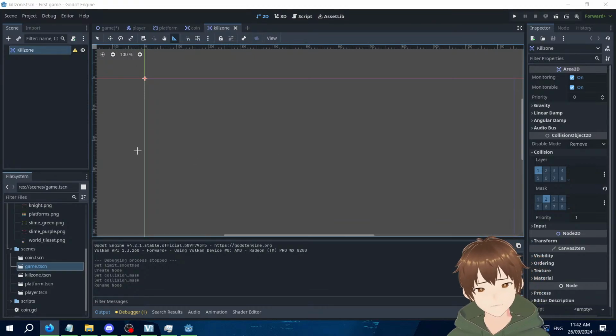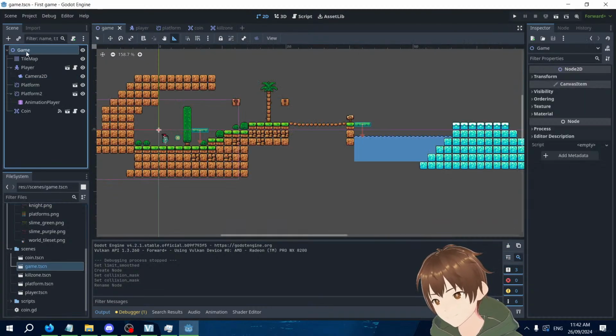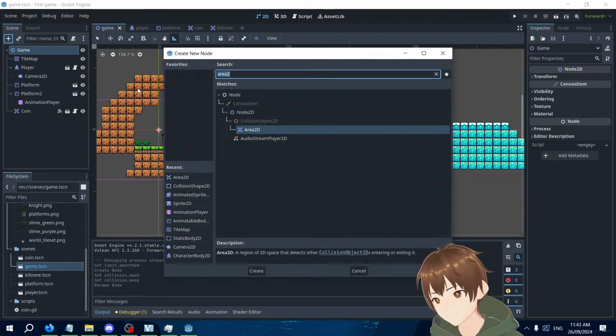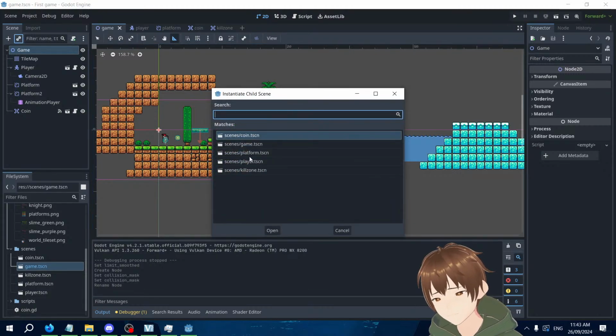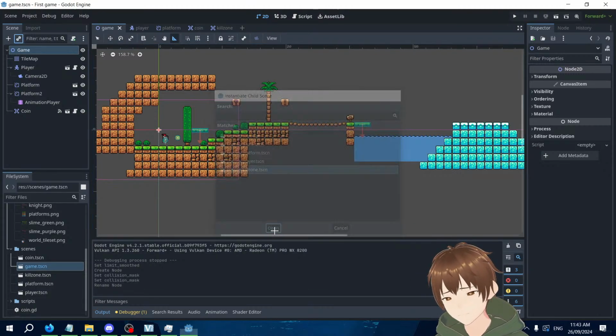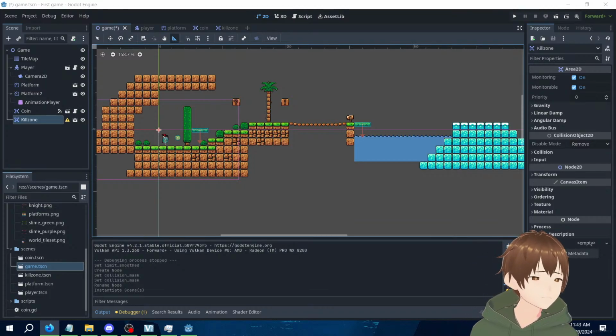And then in here, we'll add the collision shape. So I'm going to hit Control A, collision shape. And for the shape, we'll use the same world boundary shape